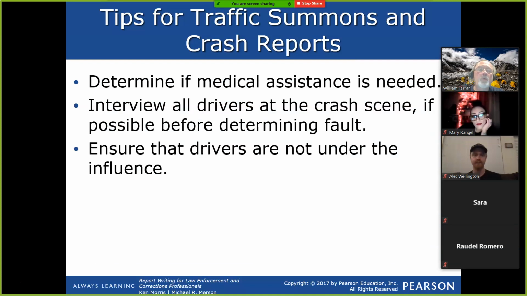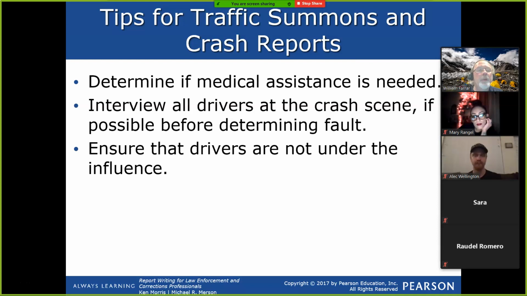Some tips, and we're almost done for crash reports. Remember, determine if medical assistance is needed. Don't assume. So don't just, if there's no significant damage and there's not metal laying all over the place and glass,